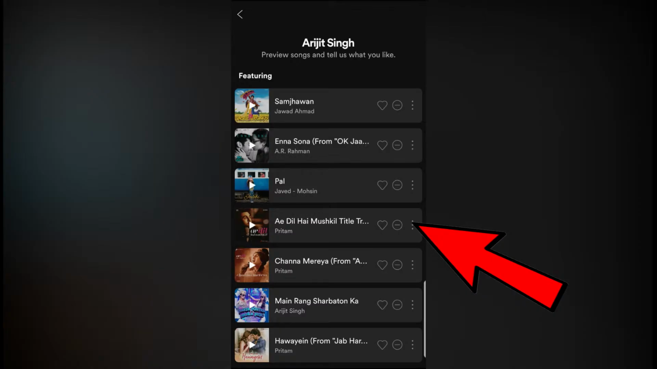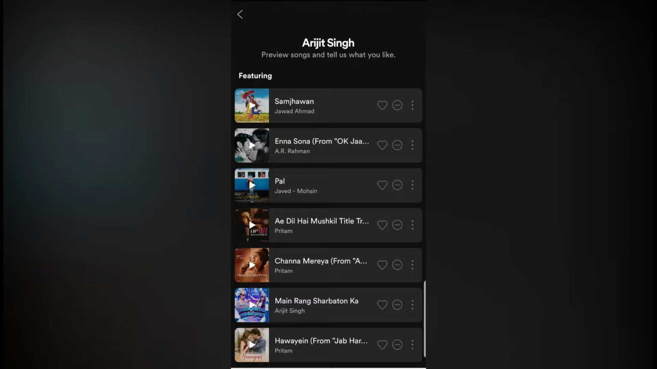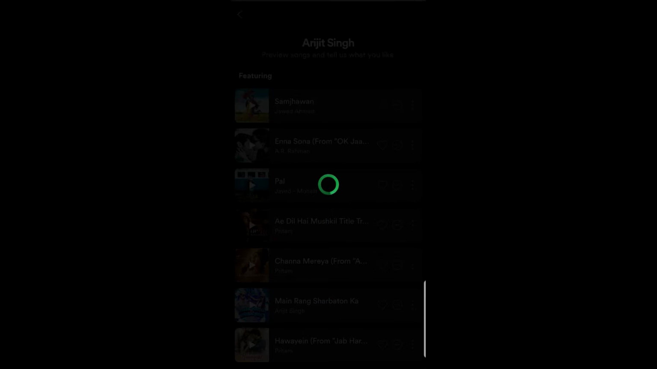So here on the right side, these three vertical dots are there. Tap here, and you are in the music page. So in this page, you can see share. Just tap on share. Now here you can see WhatsApp, Instagram stories, Facebook, Messenger. So here just tap on Instagram stories,